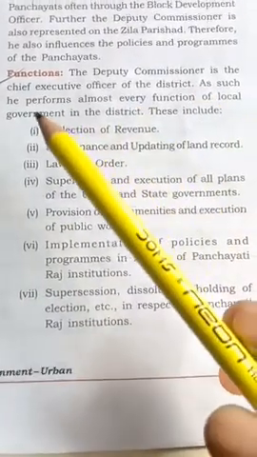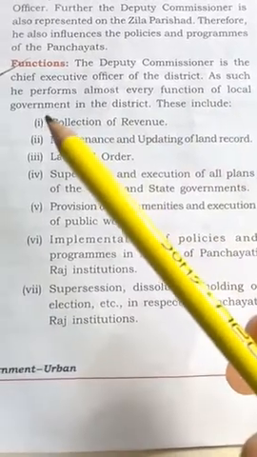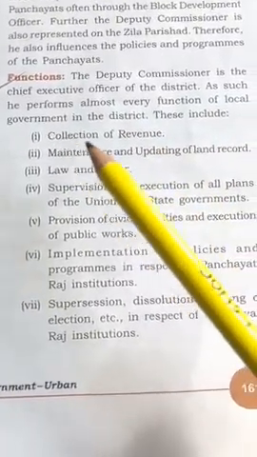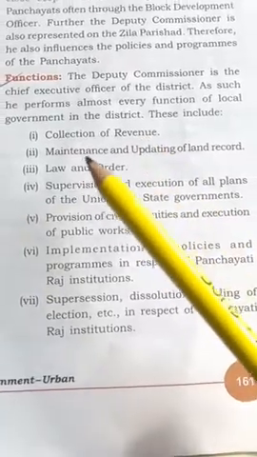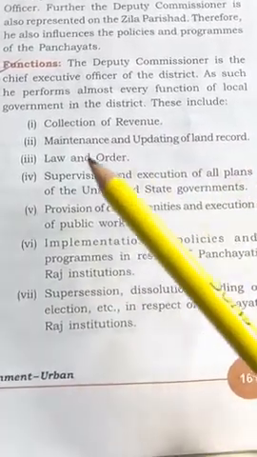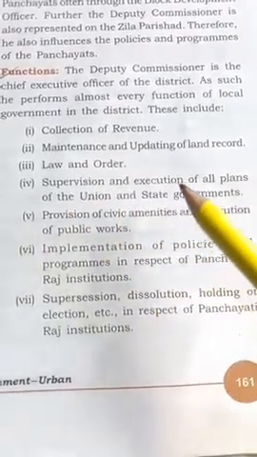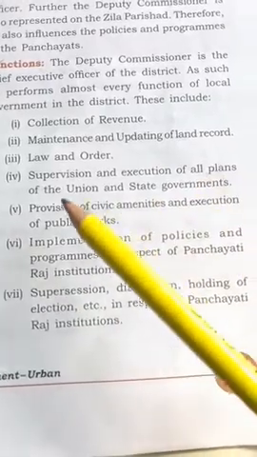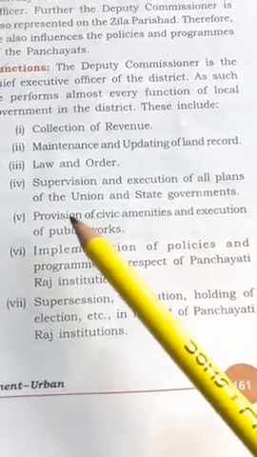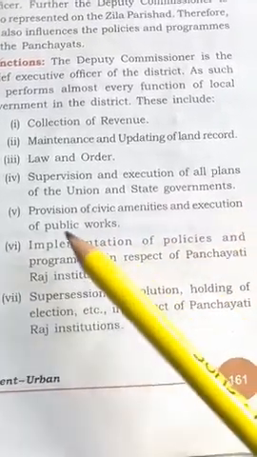As such, he performs almost every function of the local government in the district. These include collection of revenue, maintenance and updating of land records, law and order, supervision and execution of all the plans of the union and the state governments, provision of civic amenities and execution of public works,